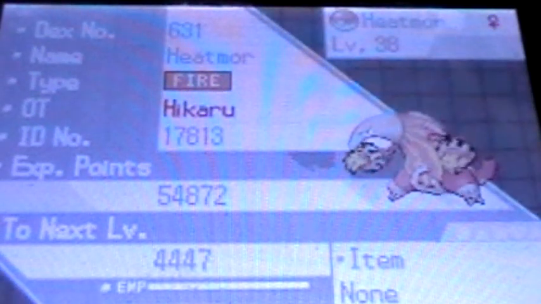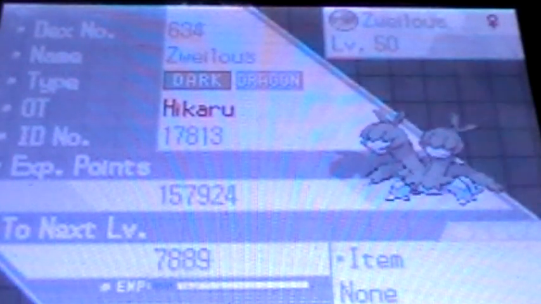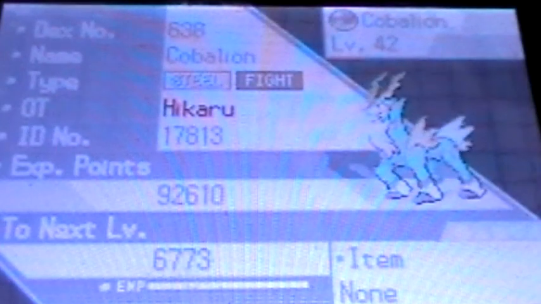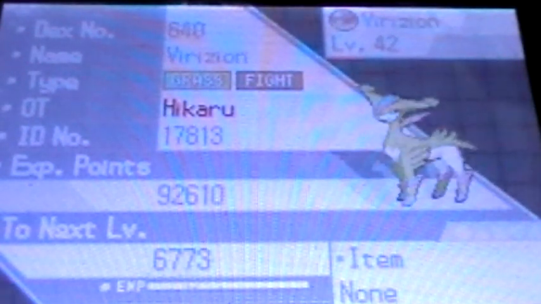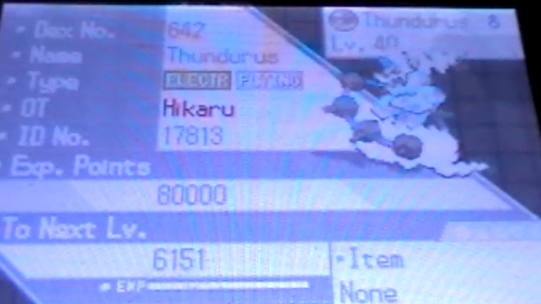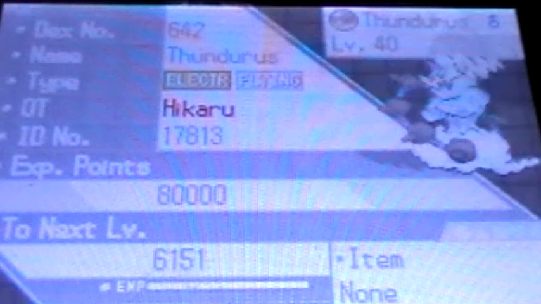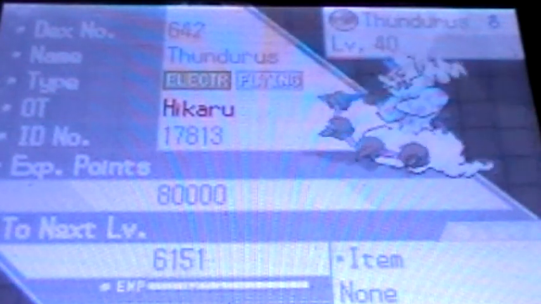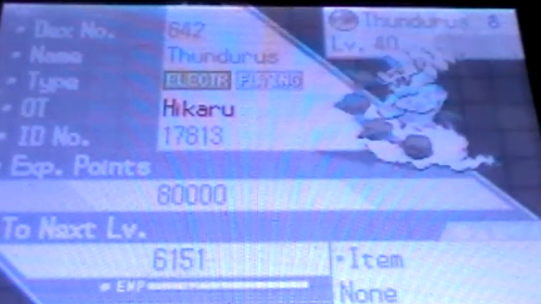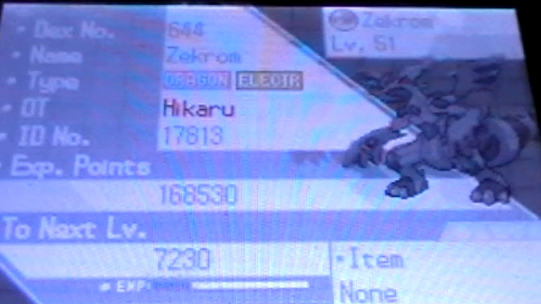Alright, continuing on, we got Heatmor, Durant, Deino, not too hard to get. Hydreigon was on my team, Volcarona was on my team, and we got the three Musketeers, I guess they're called. Tornadus and Thundurus. I'm trying to remember which one of these guys I got in White. Just know that one of these two was traded over. I don't remember which one. They were both traded over so I could get...